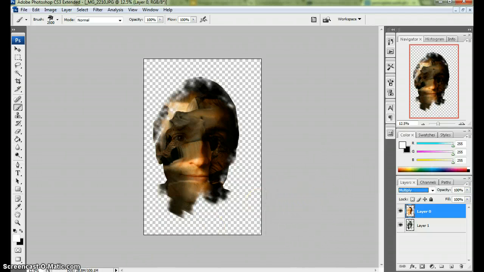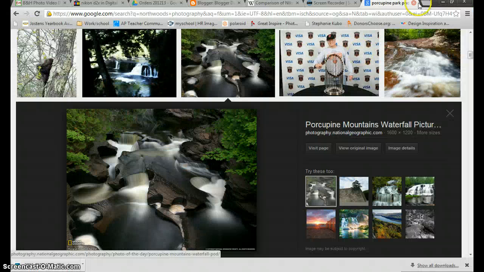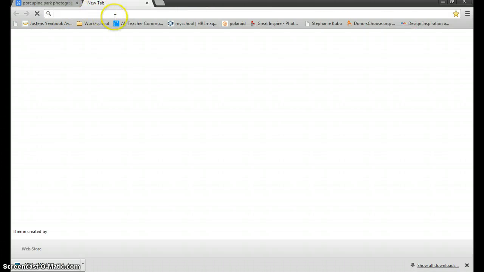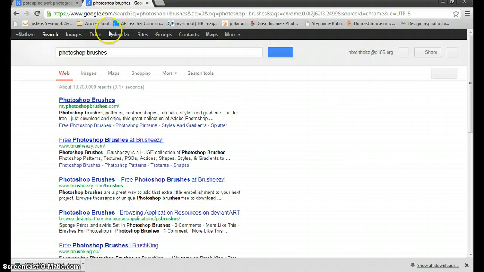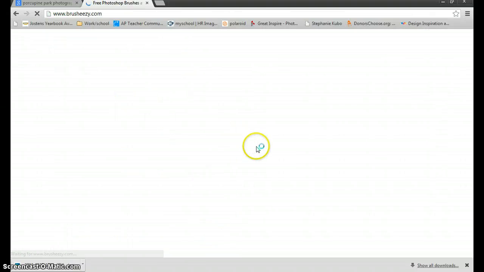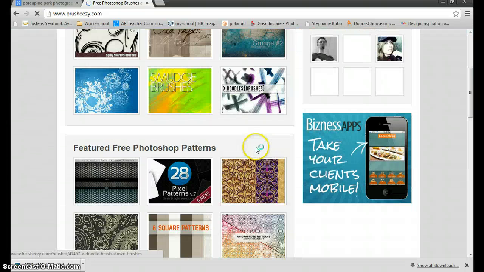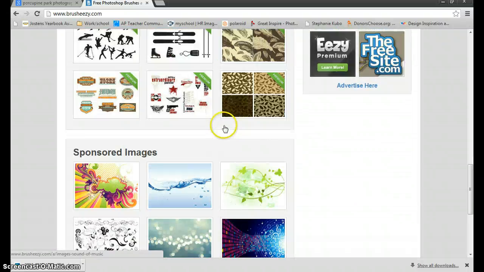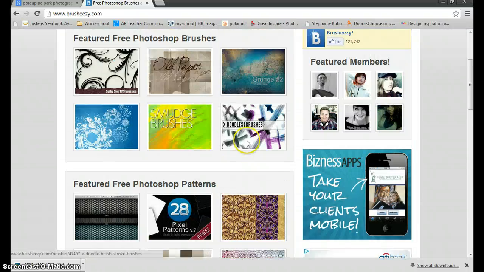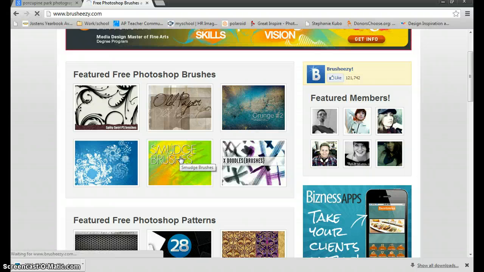Now we can certainly also go online. If you were to go on the internet and search Photoshop brushes, pretty much any of these websites are going to give you a pretty good variety of them. So if I just go to like this one, it'll go through and show me a whole bunch of options for different brushes. So I can find texture brushes, actual shapes and objects and other things. And then all I would have to do is click on it,